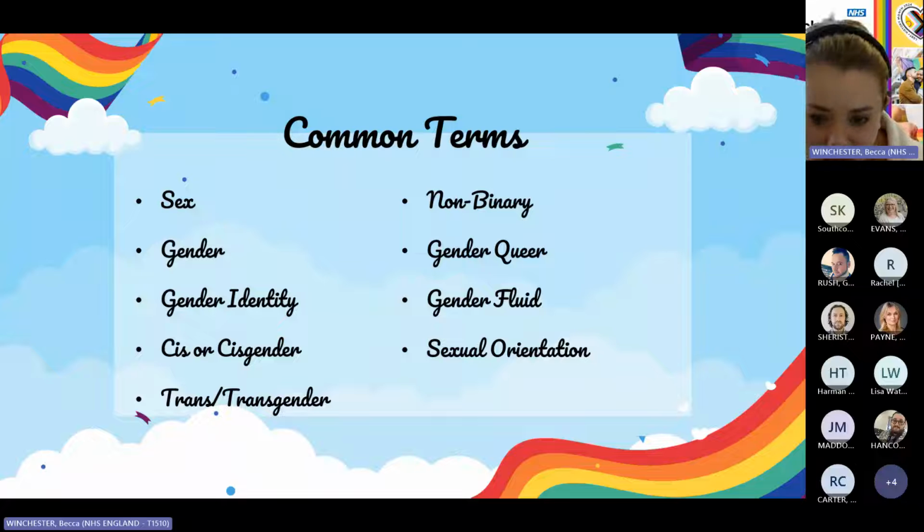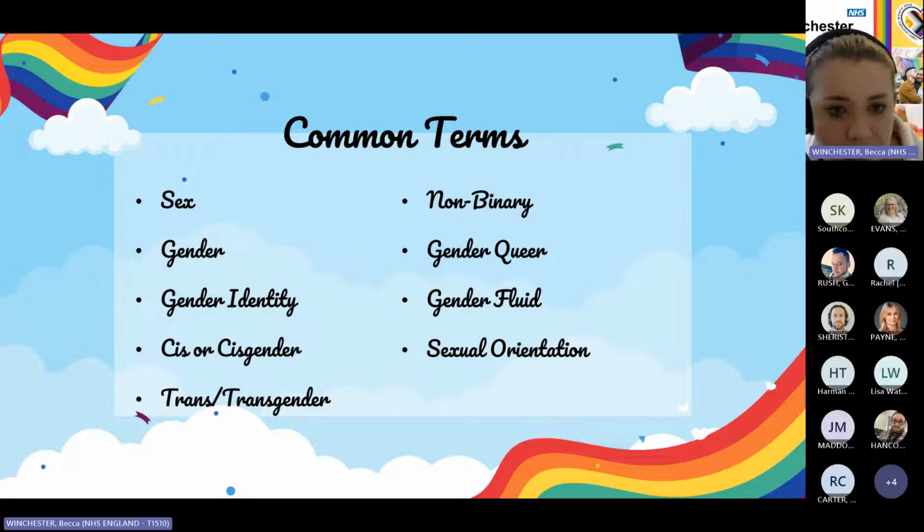The term genderqueer is actually similar to non-binary in some respects, but it has a slightly different meaning. So the dictionary defines genderqueer as denoting or relating to a person who does not subscribe to conventional gender distinctions, but identifies with neither, both, or a combination of male and female genders. So non-binary and genderqueer are often used interchangeably by some people, but not everyone considers them the same thing, and others consider the term genderqueer as an umbrella term to cover an identity that isn't cisgender. And some people obviously regard the word queer as offensive, whilst others embrace it.